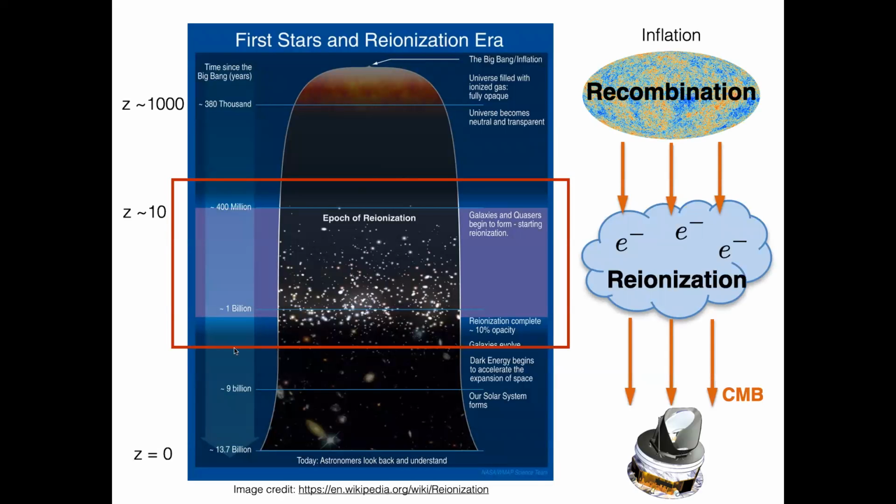Okay, so let's get started. A little bit of background on reionization. This is sort of the history of the universe diagram. We start with inflation over here, and there's the cosmic microwave background that's emitted here when recombination happened, when the universe became neutral and transparent, and the photons propagate straight toward us. And this is us astronomers looking back over here. There is all this galaxy and star formation going on, which we call the epoch of reionization, because they started emitting UV light and ionized the gas around them.